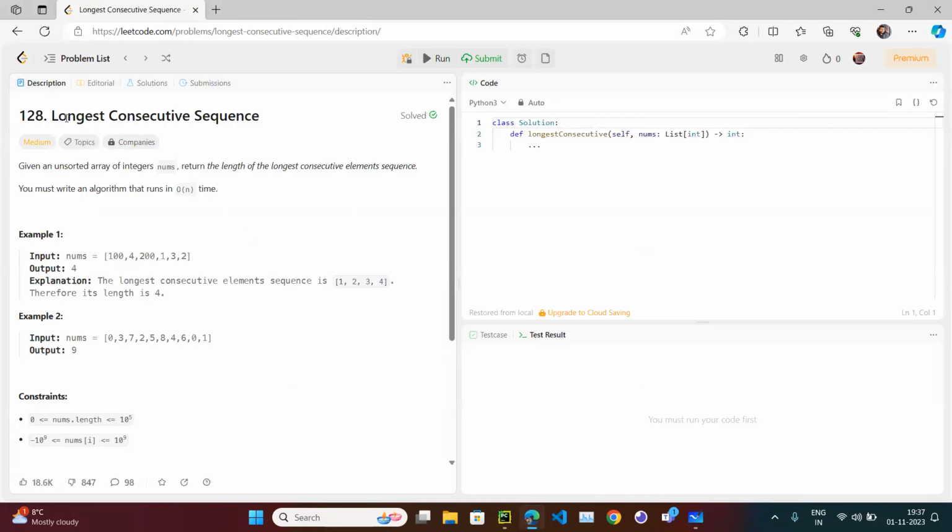So let's read the question. Longest Consecutive Sequence: given an unsorted array. We have an array named nums, which is an integer array, and it is in unsorted order, which is fine. We need to return the length, so we need to return an integer. The return type on the right-hand side is integer, and the argument expected is nums, which is a list of integers. Fine. So return the length of the longest